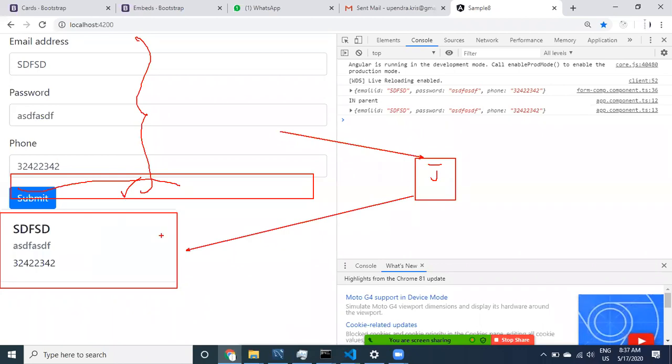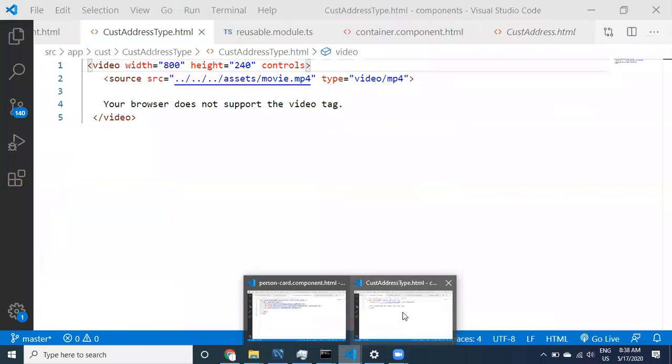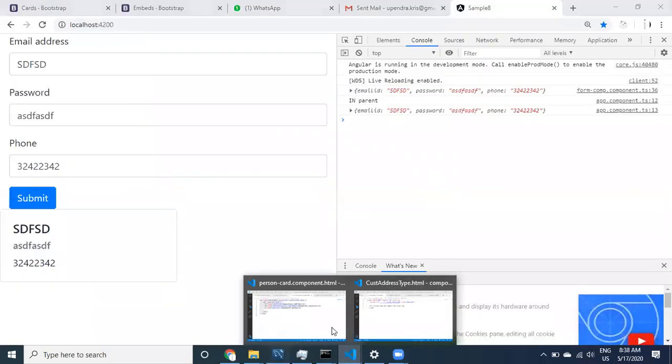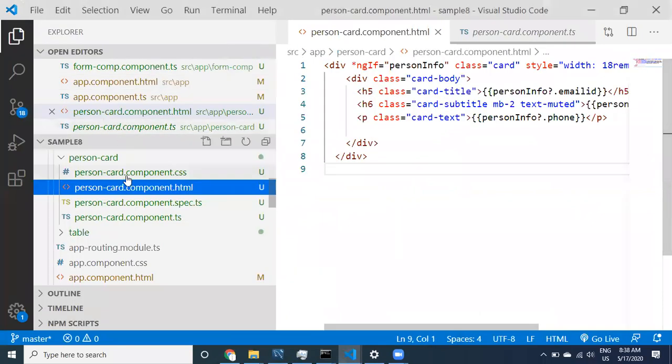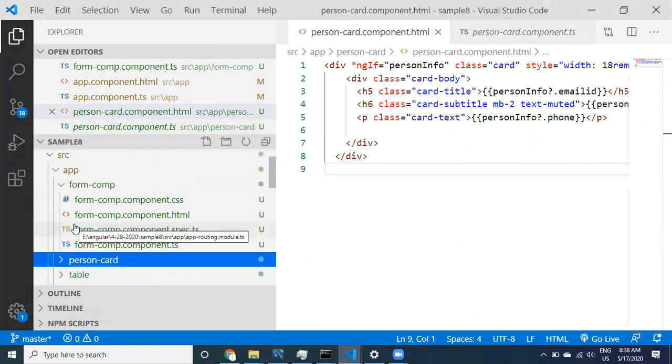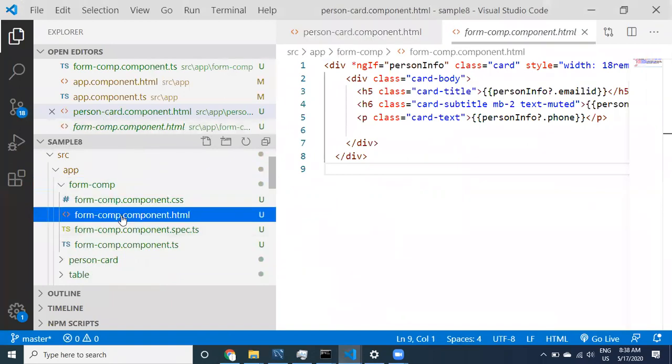So let us quickly go back to the form component. I want to take another text box. Go to the form component HTML.